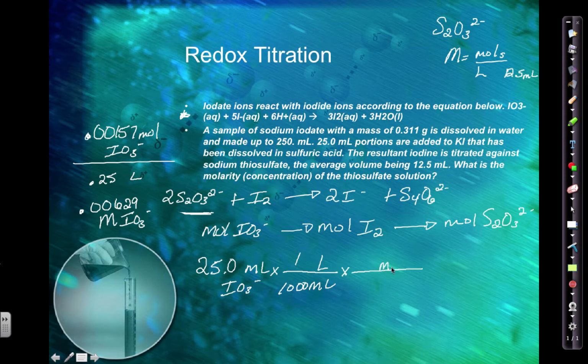I need to know how many moles of iodate actually reacted here. So my molarity is 0.00629. All right, so now let me just go ahead. I'm going to figure out how many moles of iodate,